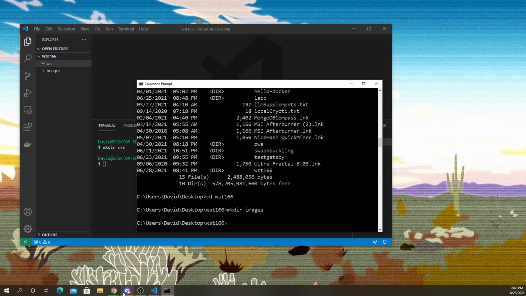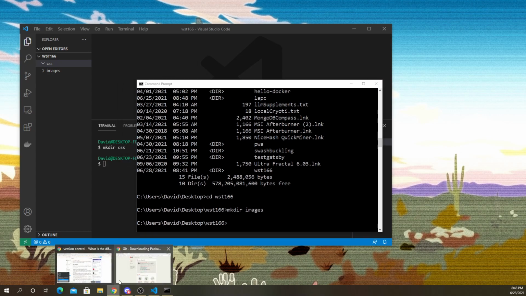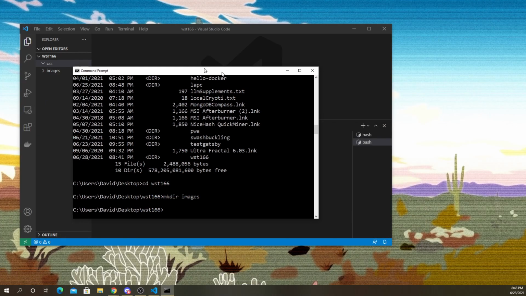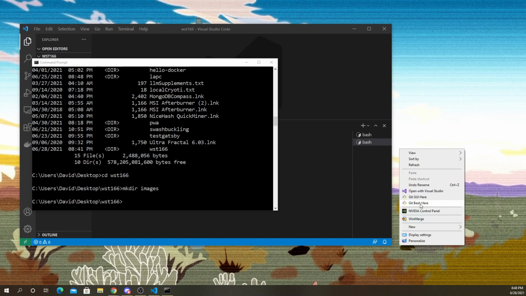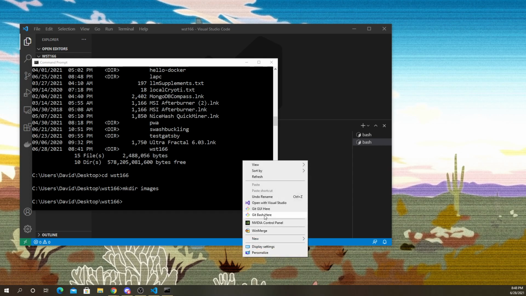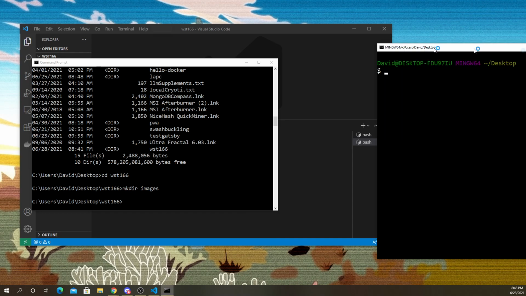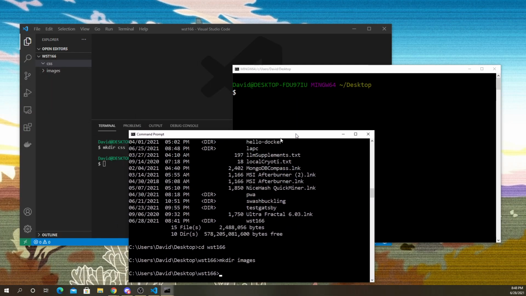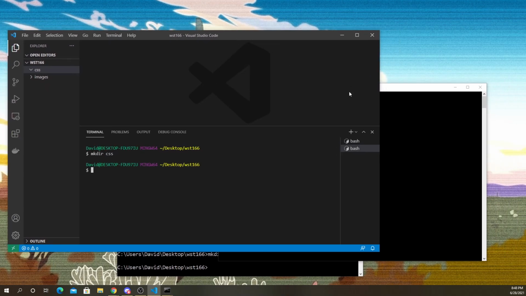Git Bash, again, is the thing that you are installing from here. If I right click and say Git Bash here, you'll get this option once you install Git and Git Bash. You right click on your desktop and you should be able to see this Git Bash here. If you do that, it will open up another terminal. So now I've got three different terminals. I got this one, and this one.